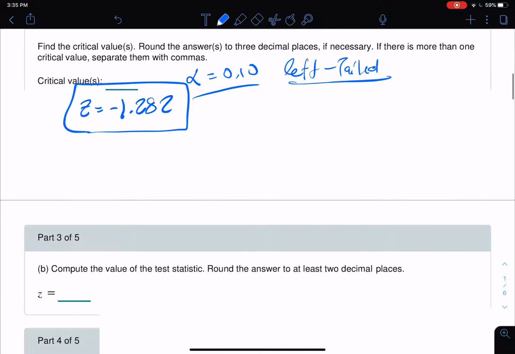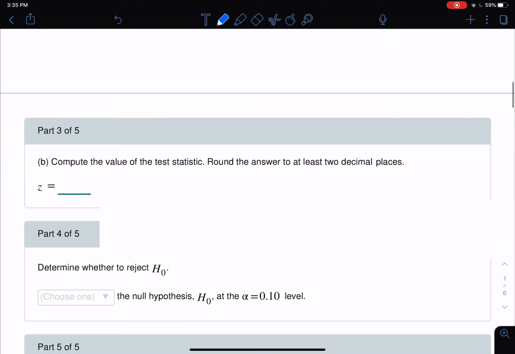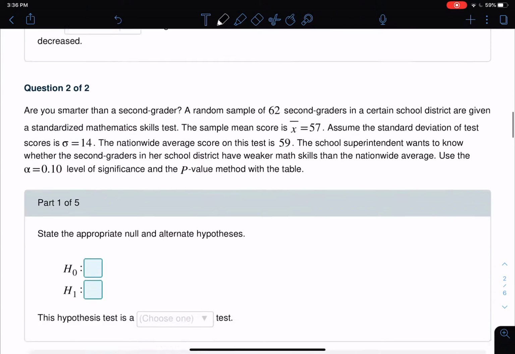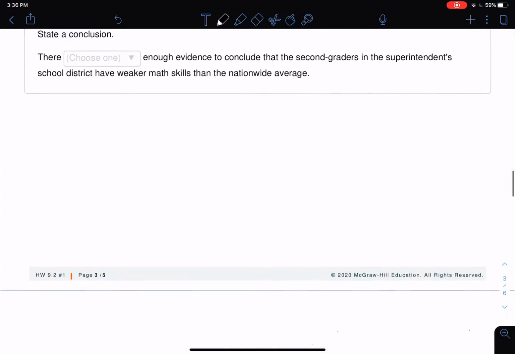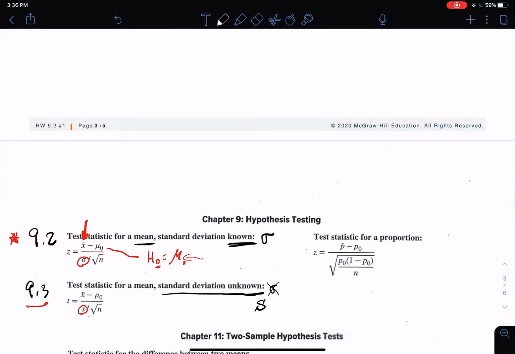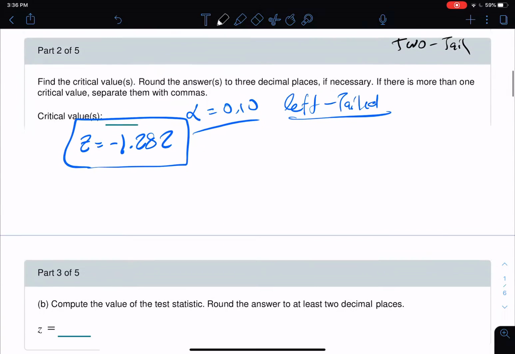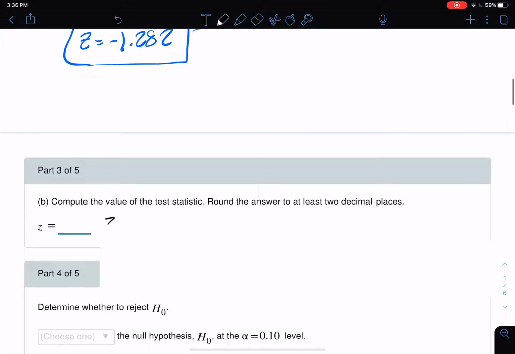Okay, next. Compute the value of the test statistic. Round your answer to at least 2 decimal places. So our test statistic is going to be on our formula sheet, and it looks very similar to before. There it is. You've seen that one before, and that's finding z-scores. Let's write it right here. It's going to be z equals